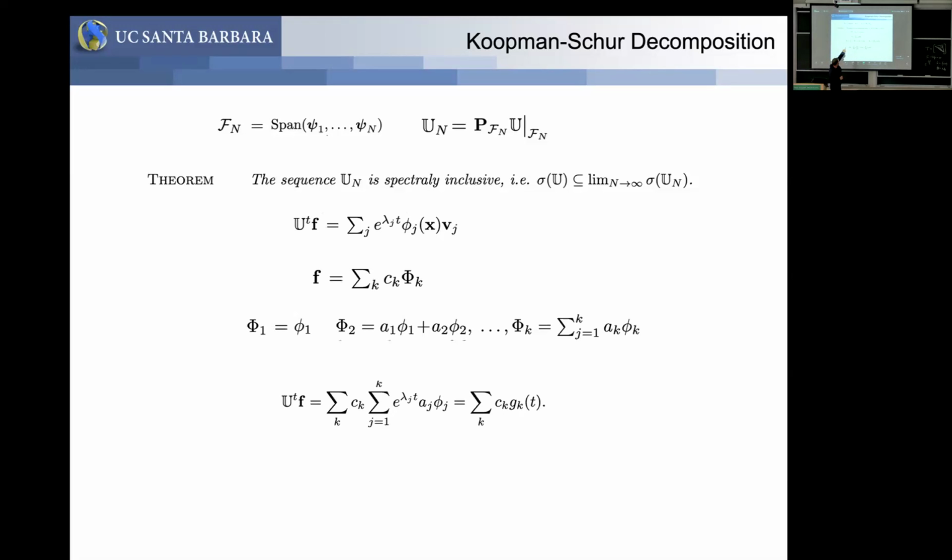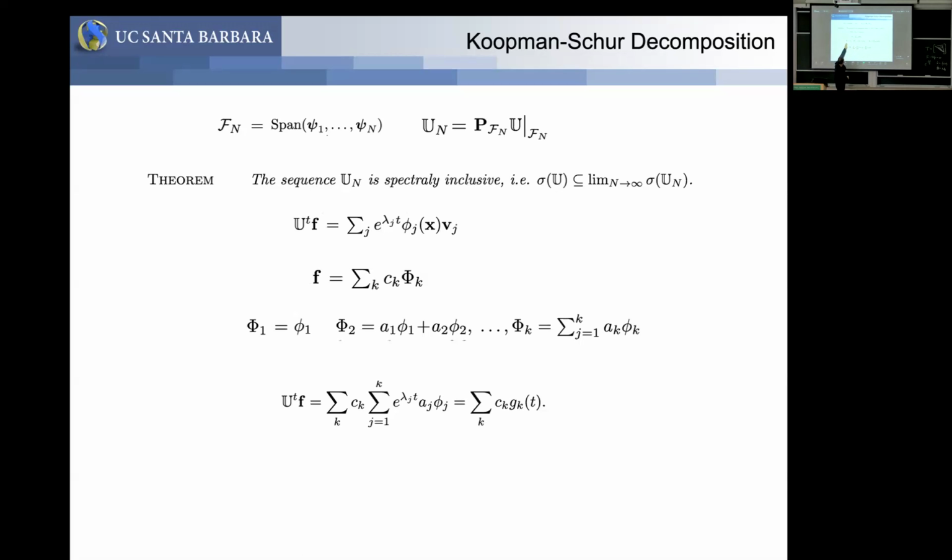Now, the standard expansion of the Koopman operator goes lambda j, which is the eigenvalue, phi j, which is the eigenfunction, vj, which is the mode, right? The product of these is the Koopman mode decomposition. If you expand f in the